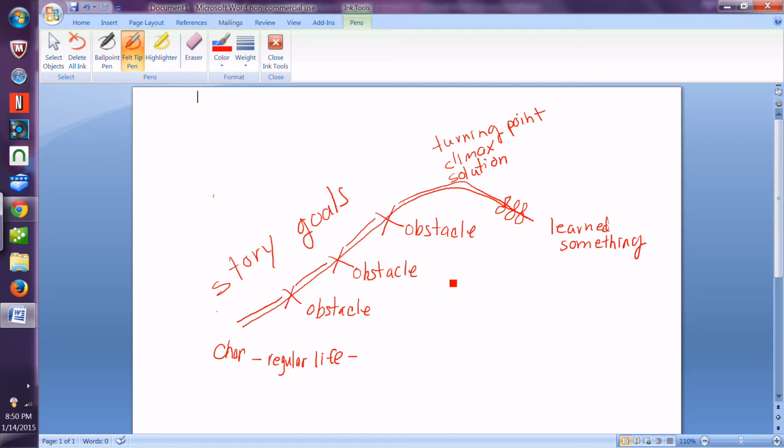And this is what fiction writers do. They take a character and they create some obstacles for the character. The character has an overall goal for the story, and they create these obstacles, and the obstacles get worse and worse until you think your character cannot take any more, and then suddenly there's a solution. And hopefully the character comes out and he's learned something. Hopefully he's better off. If he's not better off, he has a better understanding of life. So your story goal